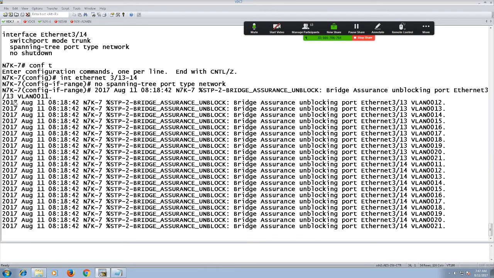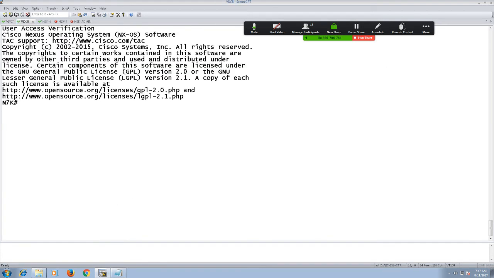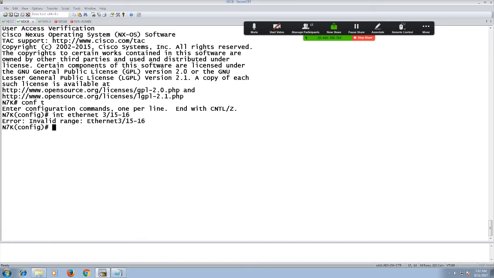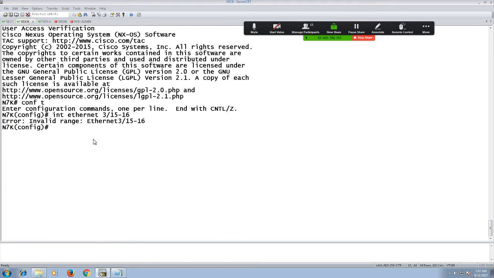So you can see over here the bridge assurance feature is ultimately going to unblock the ports. And the same way I'll do it on the VDC number 8 side. Oh, I have to switch to that VDC.